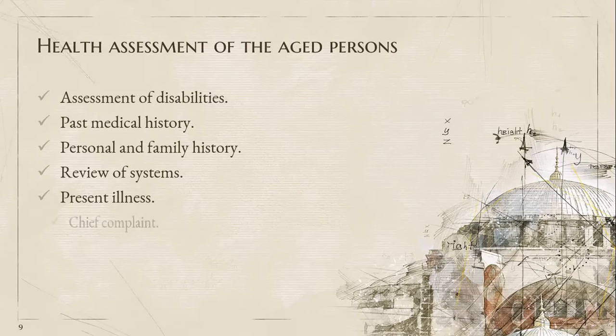Next, chief complaints. While assessing the health of old people, the chief complaint should be inquired so that the priorities may be decided in the implementation of care. So these are all the things we should collect for aged persons to assess his health. And next we'll see